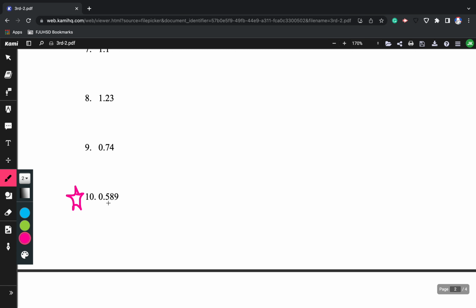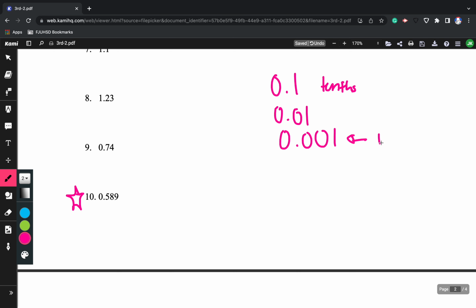First we look at how many positions it is away from 0, how many place values away from 0. So this is tenths, this is hundredths, and this is thousandths. So this is in the thousandths place. And 1,000